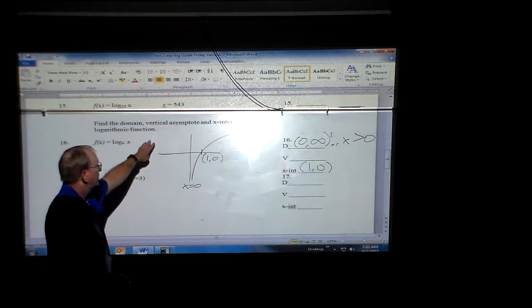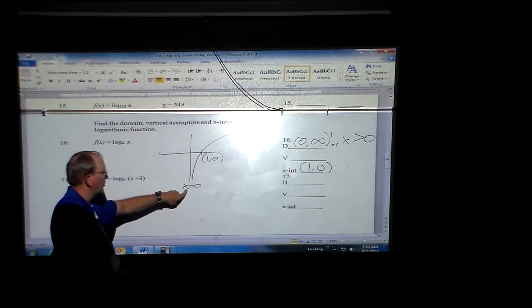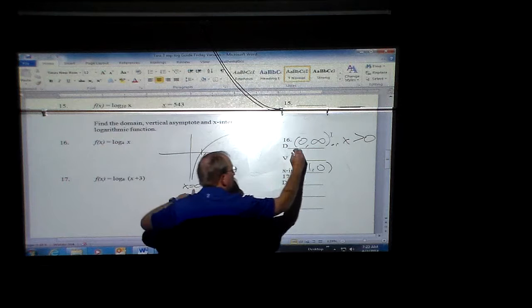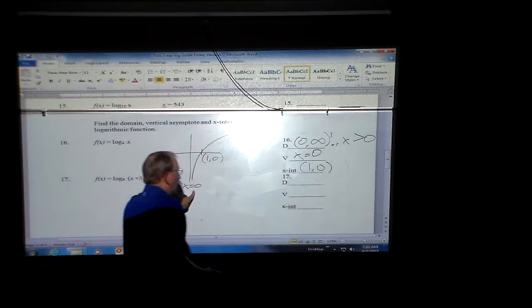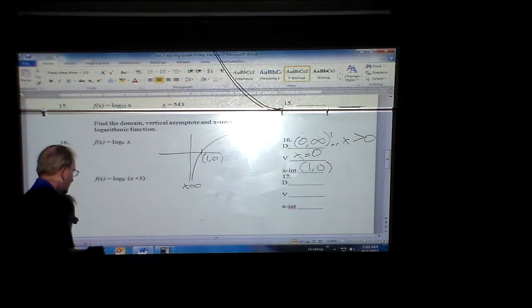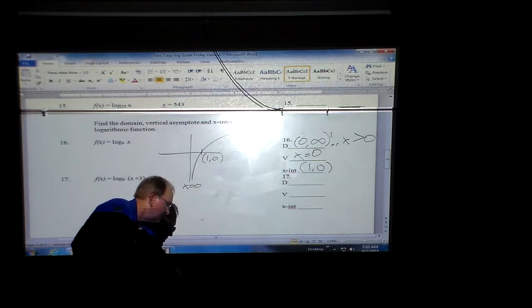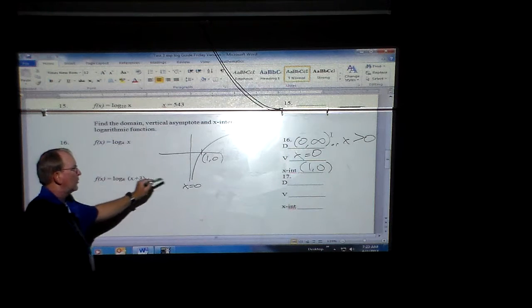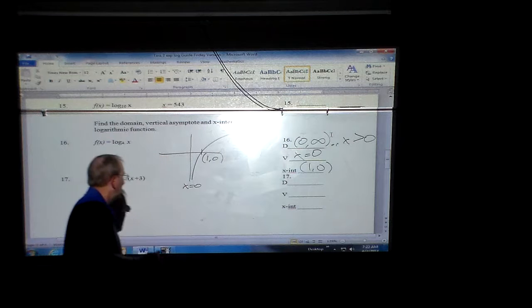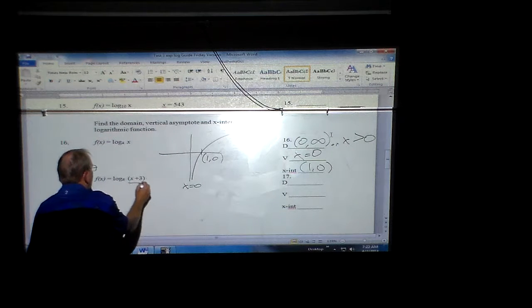All right? Where's the vertical asymptote? The vertical asymptote is right here, at x equals 0 on this particular function. Now, the base doesn't make much difference for what we're trying to find for our answers over here. All that's going to happen is what? This